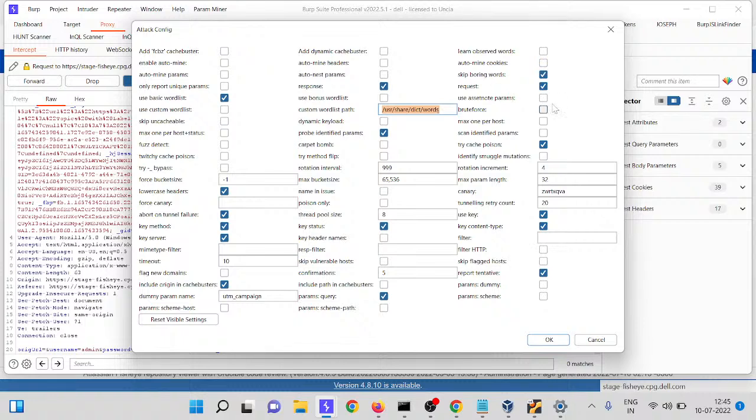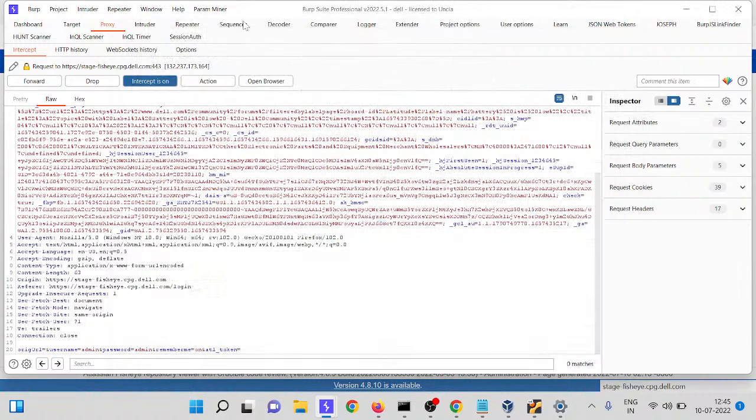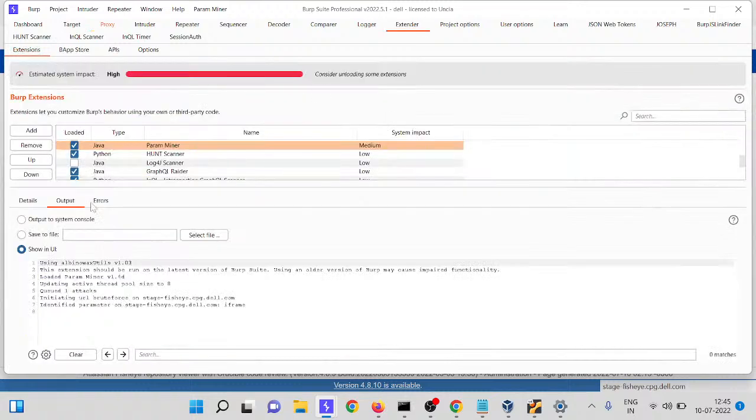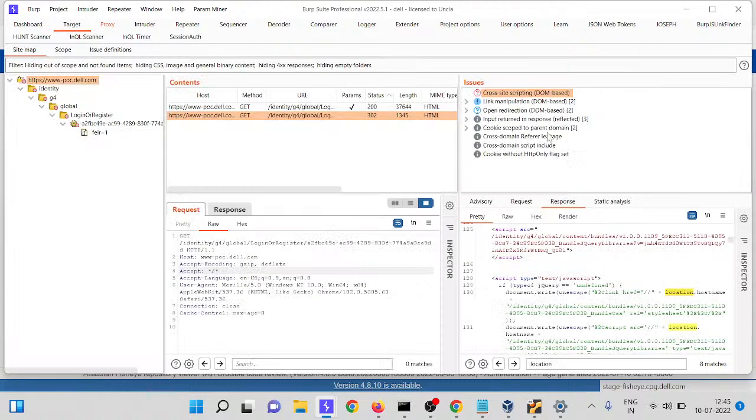So whatever parameter you find, it will show you in the extender tab. And active scan is quite good in the latest Burp. If you need this crack version, I have already, so I can share it with you on my GitHub repository.